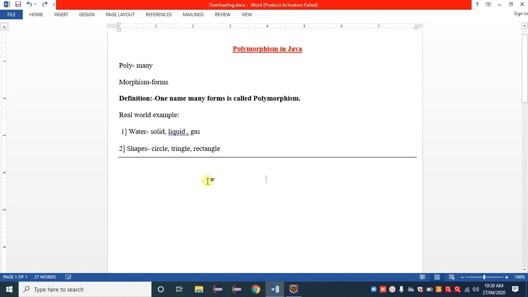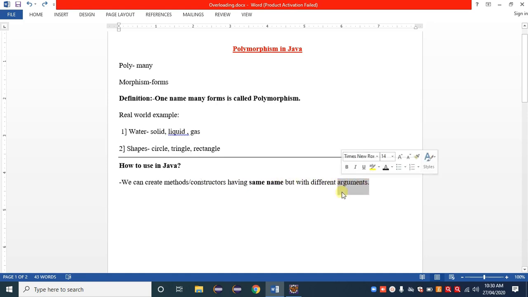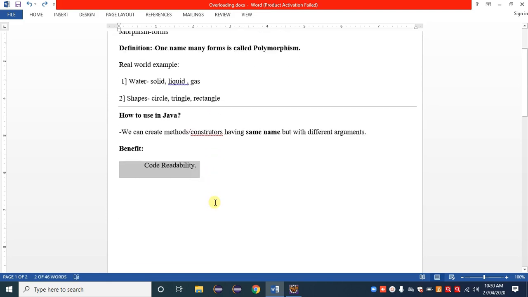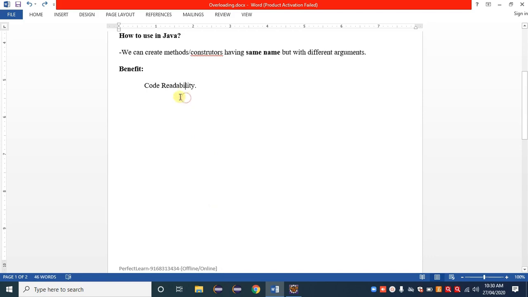The basic use of polymorphism is that we can create methods and constructors having the same name but with different arguments. Forms means arguments. Their arguments must be different so that we can achieve polymorphism in Java. The main benefit of polymorphism is only code readability.